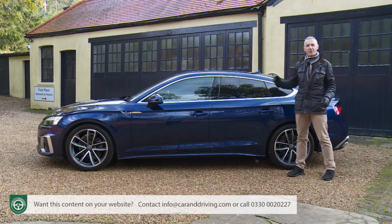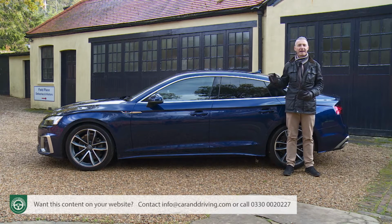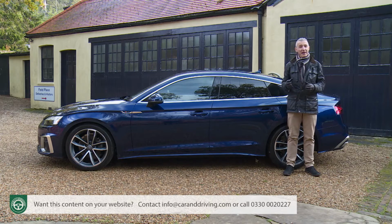Enough. Let's say you've looked at the various alternatives and you've decided that an A5 Sportback is indeed what you want. Should that be the case, then your decision might finally be swayed Ingolstadt's way if you were to be convinced that this Audi held a slight advantage in terms of the standard kit being offered for the money. And that might well now be the case, because with this facelifted model, quite a lot extra has been added